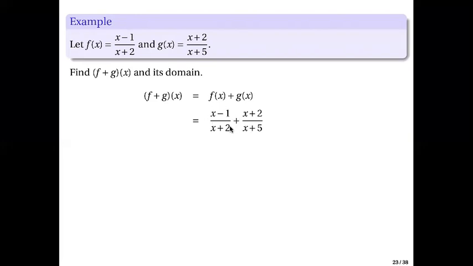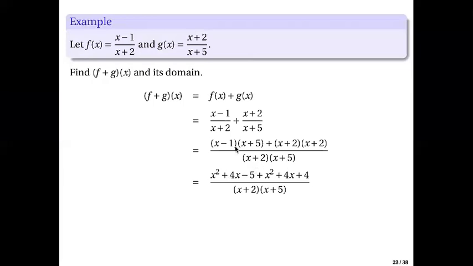So you combine, okay? The denominator is just the product, x plus 2 times x plus 5. The numerator, you cross multiply: x minus 1 times x plus 5, plus x plus 2 times x plus 2. And then do the